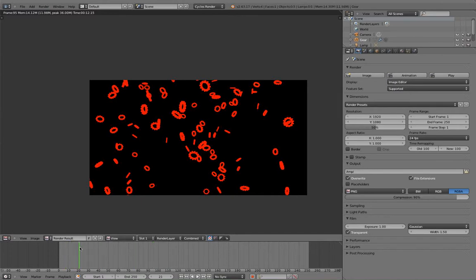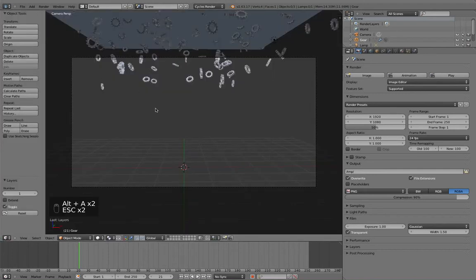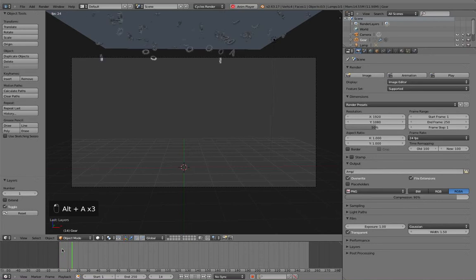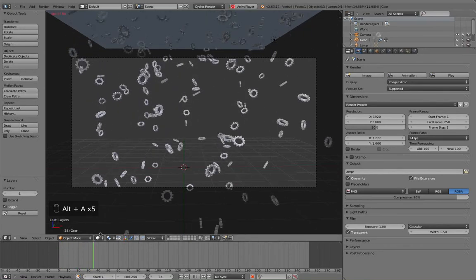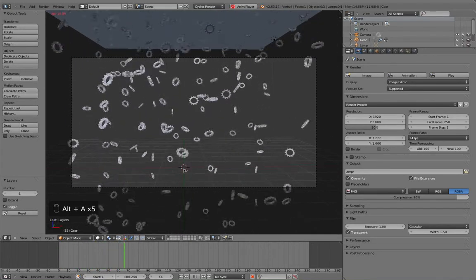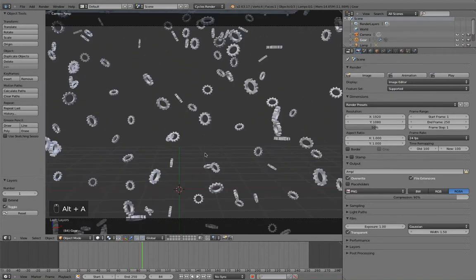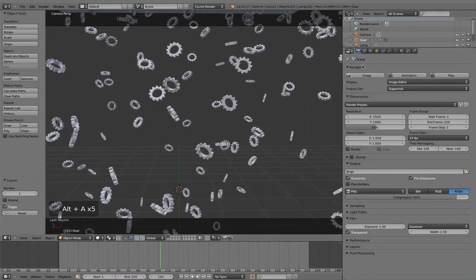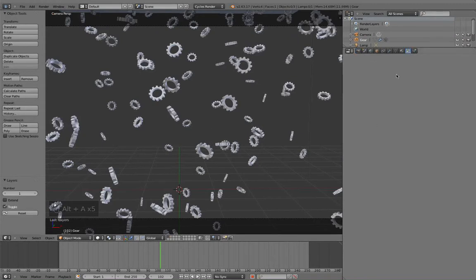But yeah, that's how to use a particle system to make a cool falling thingy. Now, one of the things about this, just quickly, that I found kind of confusing to start off with,